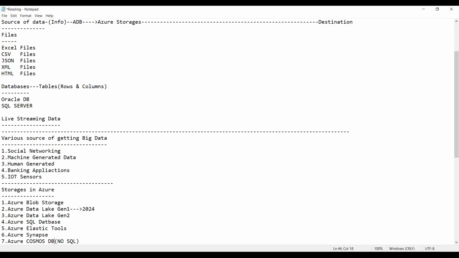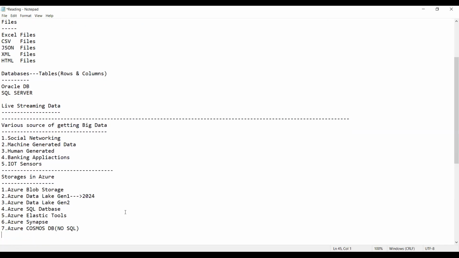Right now, this is a very trending one: NoSQL database, Azure Cosmos DB. So these are all called storages.